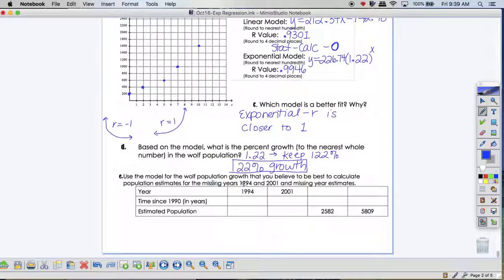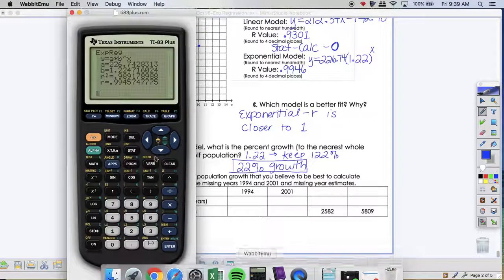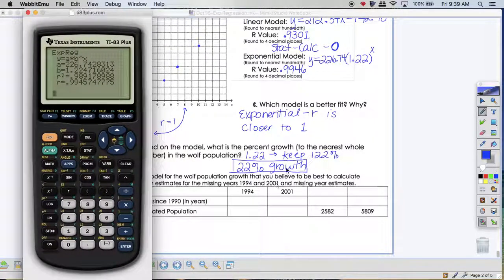Use the model that you believe to be best, which we said was exponential, to calculate for the following years. Since we're going to use this to predict, you could plug these numbers in by hand. I'm going to store it so that I can look in the table. So I'm going to press Stat, Calc, 0. And before I press enter, I'm going to press Vars, Y-Vars, enter, enter. This is going to calculate the exponential regression, and when I press enter, it's going to send it to